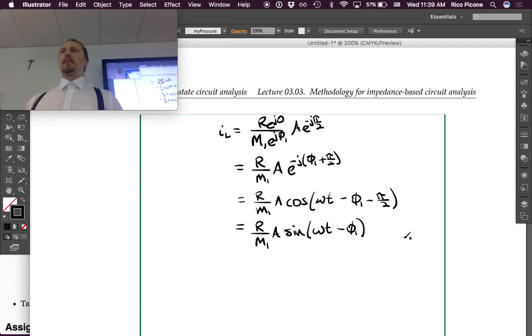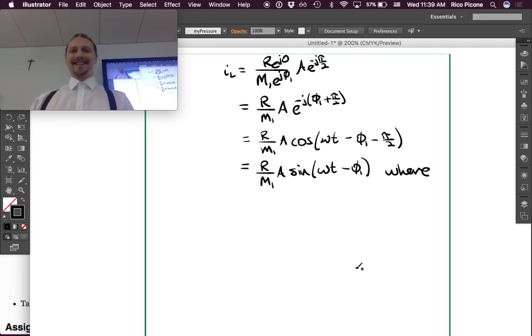Which is just that pi over 2 shift the other way this time. And that's our answer. But we do need to write, we kind of cheated by saying, oh, it's just M1 and Phi1. We should probably write what those are, right? So where M1 is,